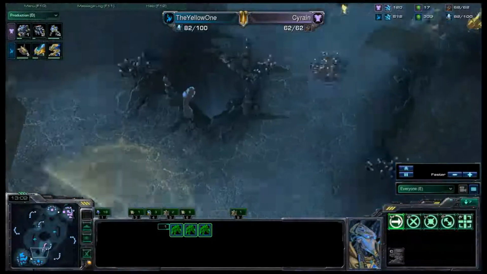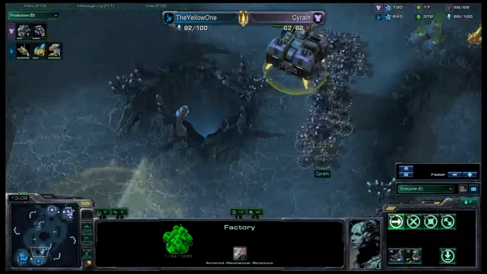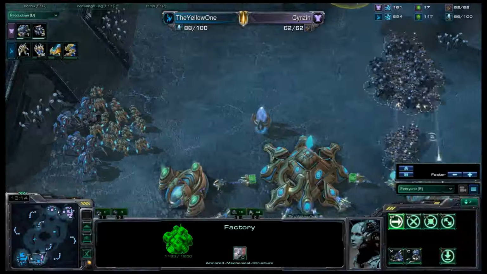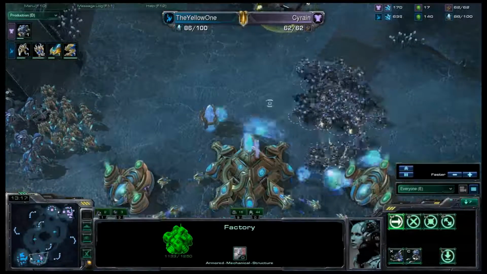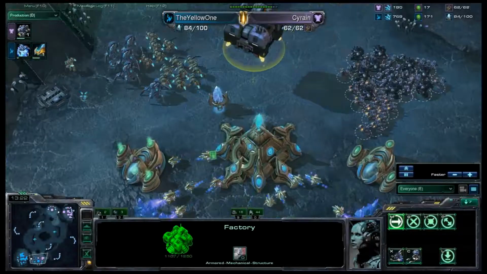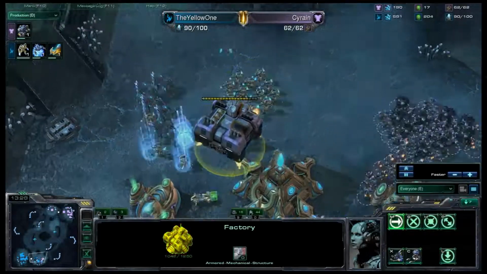A scan going down. Siren bringing his SCVs in. There's the factory as well. It could probably land to do some blocking action for this Marine Marauder ball. There's the Marines and the SCVs now engaging in battle. The SCVs just need to do some blocking action for those Marines and Marauders. This is going to be